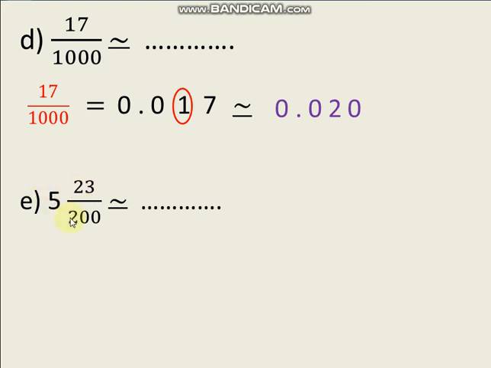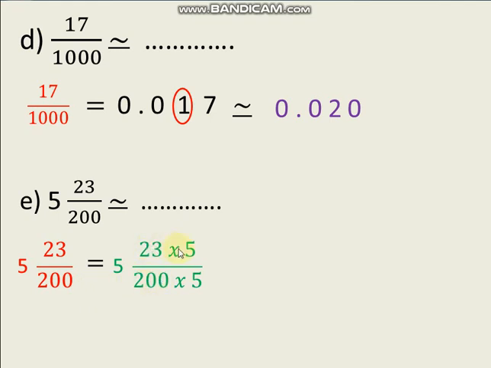Letter E, it's a mixed number. 5, 23 over 200. Approximate to the nearest hundredth. At first, we want to convert this fraction to decimal. But to convert to decimal, we want the denominator to be 10 or 100 or 1000. 5 and 23 over 200. The denominator here will be 1000, so we will multiply by 5. 23 by 5, 200 by 5. The result will be 5 and 115 over 1000. 1000 here, so we'll put a point after 3 digits from the right. We have here 3 digits. The result will be